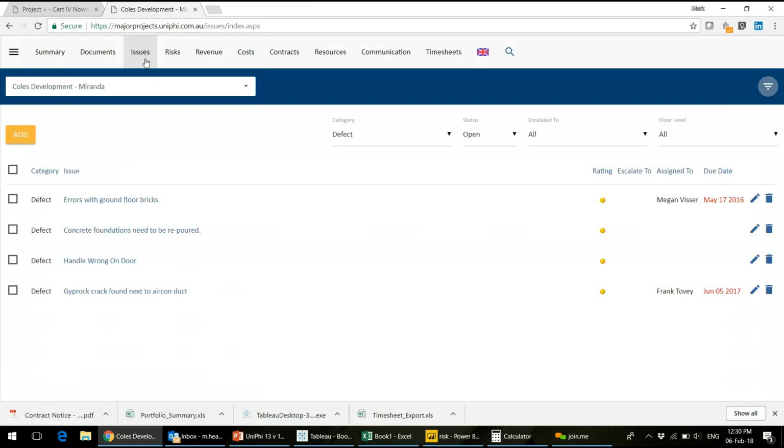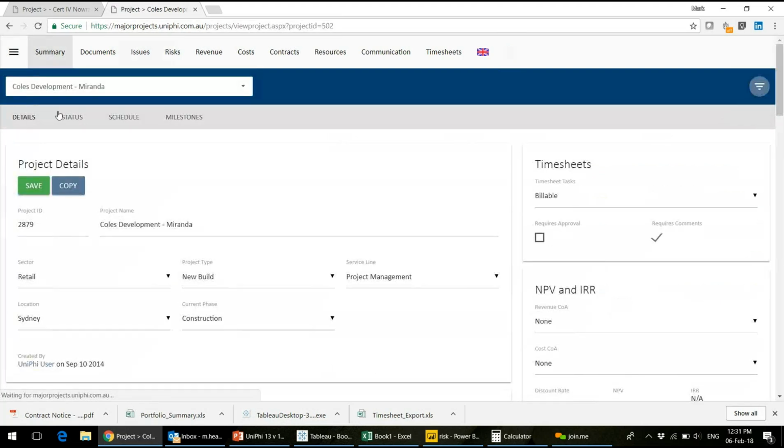We've done a whole bunch around scheduling. Now, Unify, our philosophy is that collaboration around issues and risks is what drives progress on a project, and we only really want to track high-level scheduling. But when you consider that some of our deployments have these projects as being activities, you can actually get quite detailed scheduling as well. And so to access the schedule, it's in the Summary tab, and you'll see, this has been there for forever and a day,